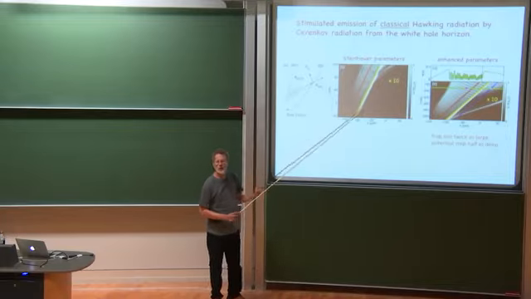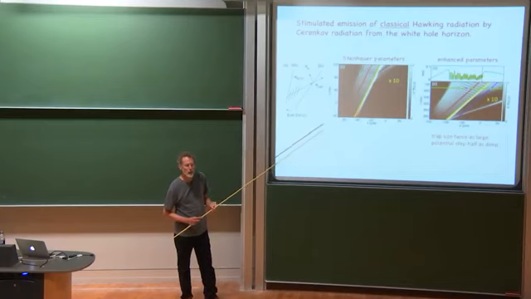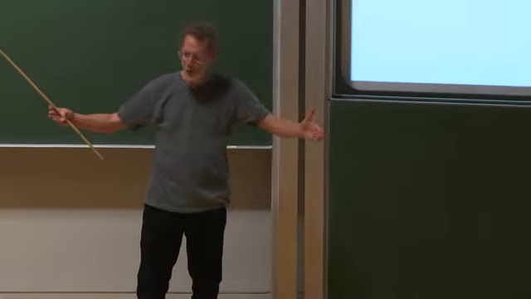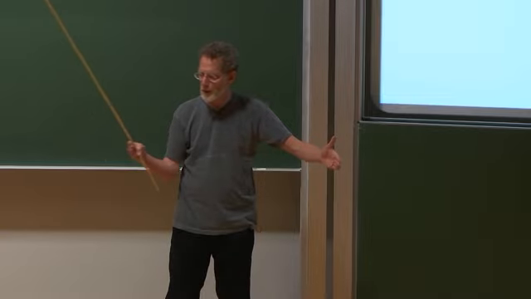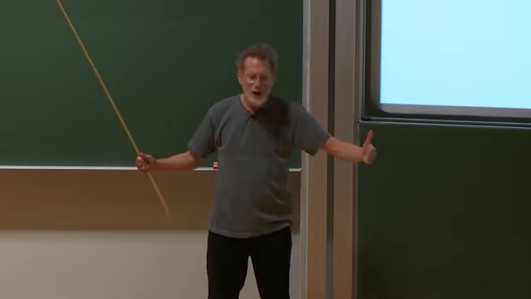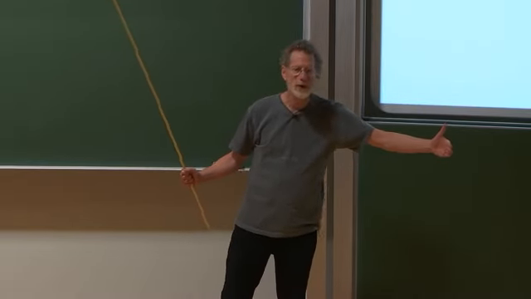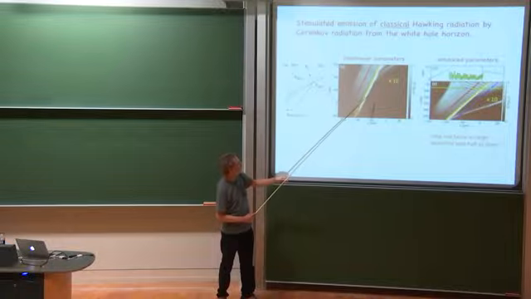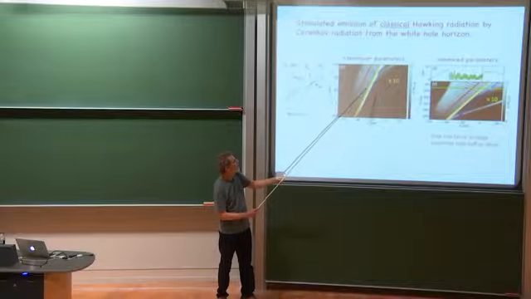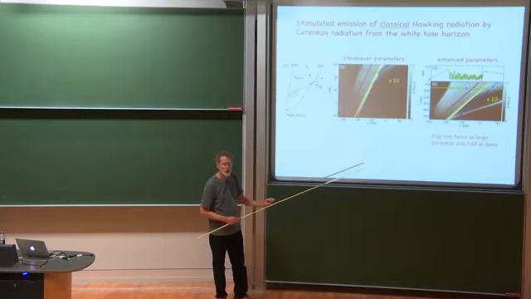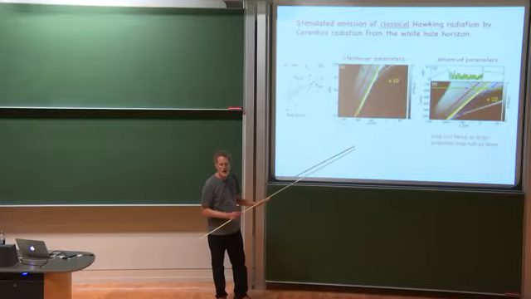But the white hole and the black hole are not at rest with respect to each other because the trap is shaped like this, and the step is sweeping, and just the place where the white hole occurs is determined by some flow parameters and trap parameters over here, whereas the black hole speed is completely determined by the motion of the step. So in fact, the white hole lags behind the black hole, and that means, because there's a Doppler shift, this standing wave has a non-zero frequency in the black hole frame, and therefore it is able to stimulate the emission of Hawking radiation at that particular frequency in a classical process, essentially.